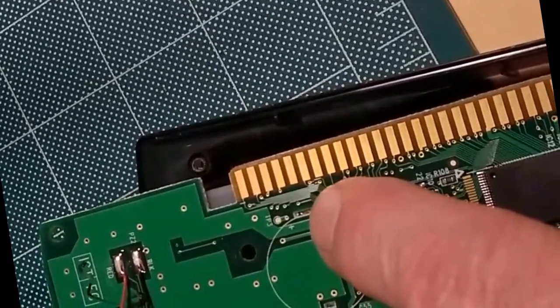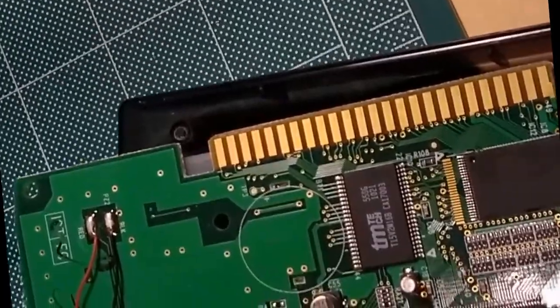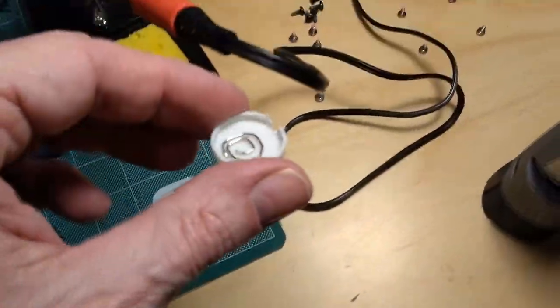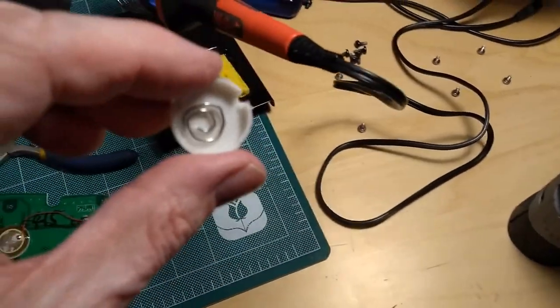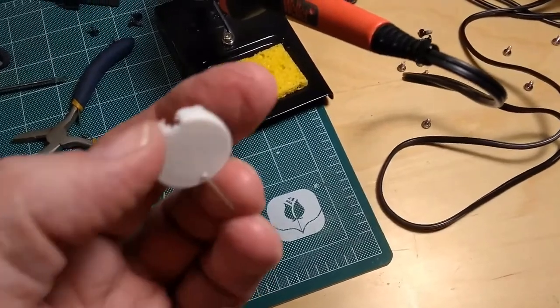And then that I'm going to solder there, bring it up and over, bend it so I can slip the battery underneath, and Bob's your uncle. So I've made the paper clip loop, and I drilled a small hole in the bottom of the